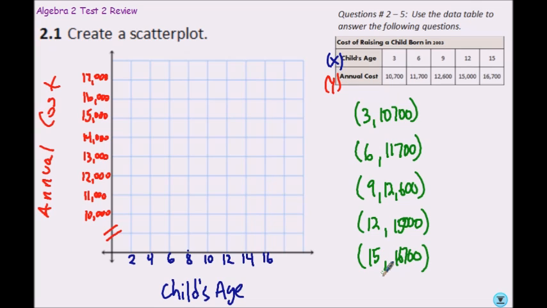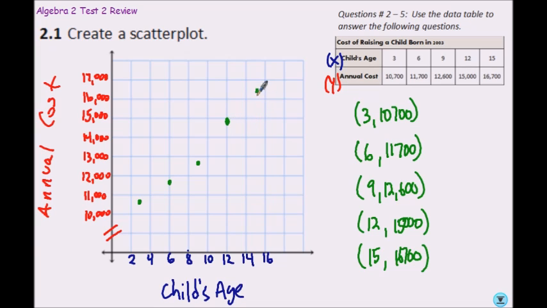So let's see, our first one there would be 3, 10,000. So 3 would be in between 2 and 4. 10,700, it's a little bit more than halfway up to that box, and then a little below. Like I said, this part doesn't have to be perfect. We're just looking for a general trend. And we'll see here in a second what that trend might be. So 12 and 15,000. And then 15 and